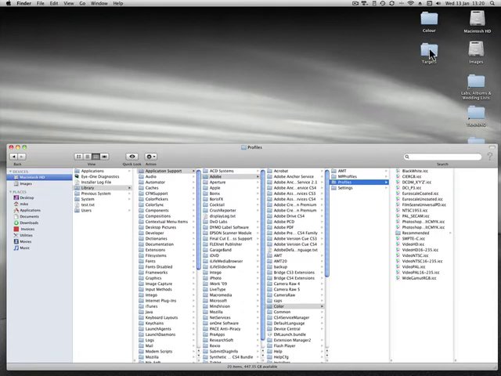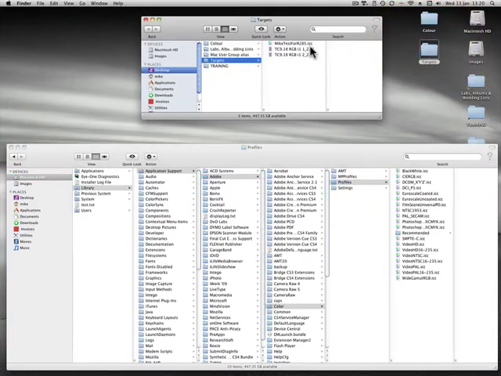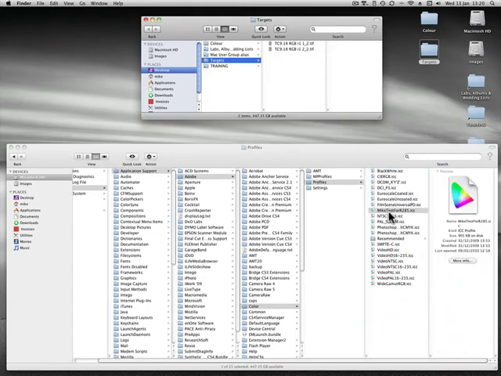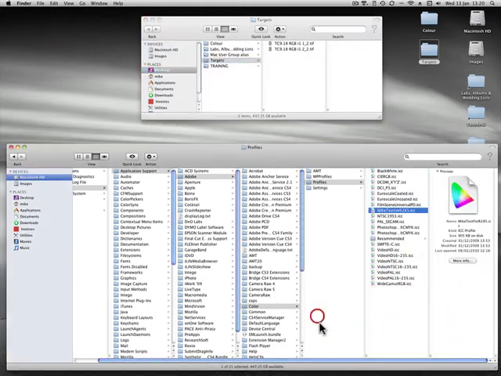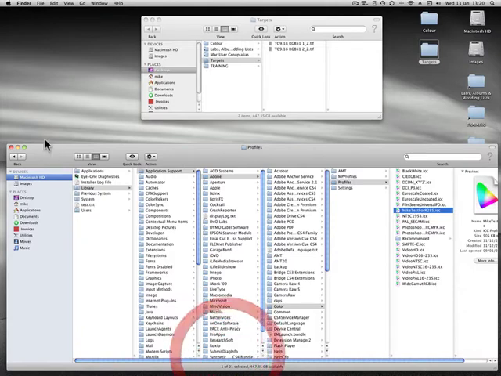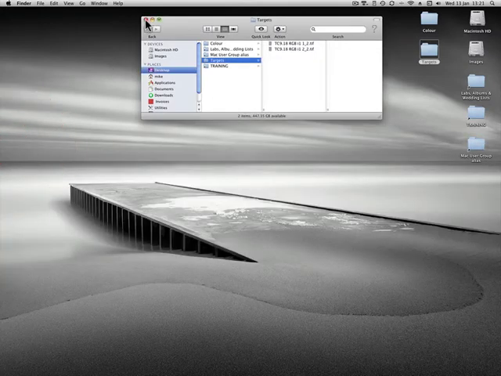So we'll just open up our target folder and drag my sample profile into the profiles folder here, and there it is. And just to remind you of that path, Macintosh hard drive, Library, Application Support, Adobe, Color, Profiles, and just make sure it's in there. And having done that, we can close these two windows,